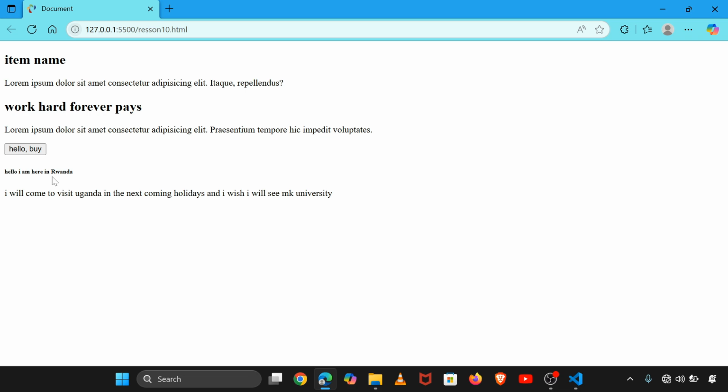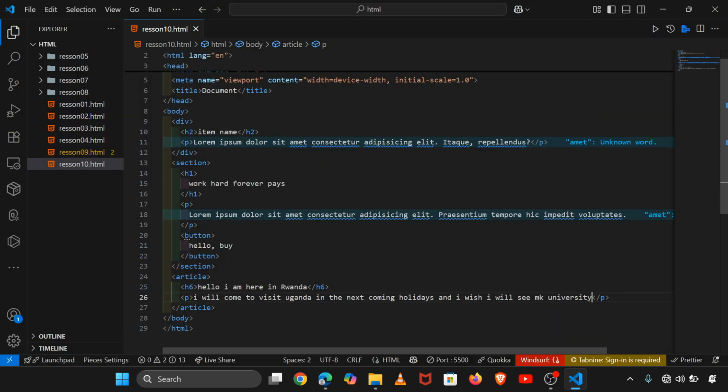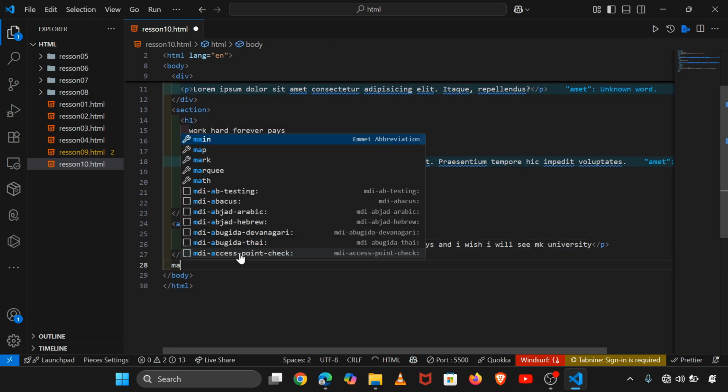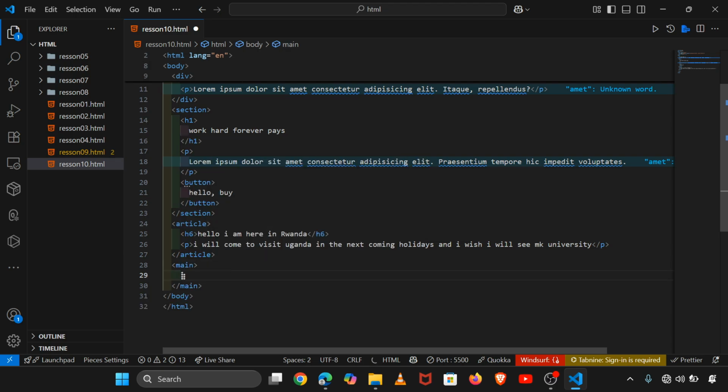And you can see nothing ever changed, and they come again to what we call main. The main represents the main content of the page, and it is used once per page. There are no two mains in the page or three mains in the page. It is an element that is called the main, and it is where everything that is inside the body is pressed. You can come here and make main here and say, I want header to be